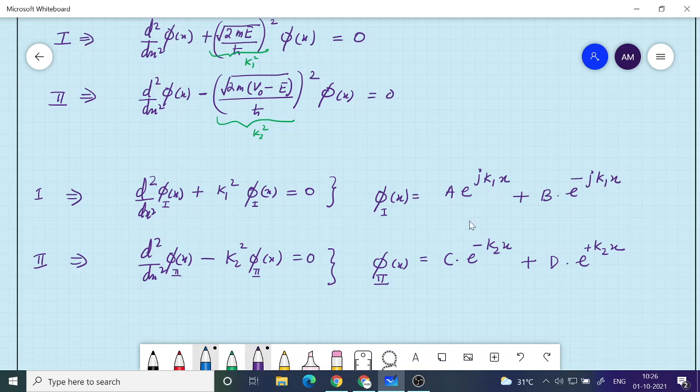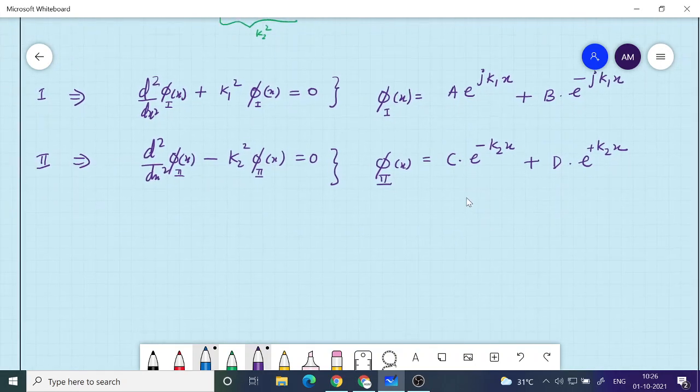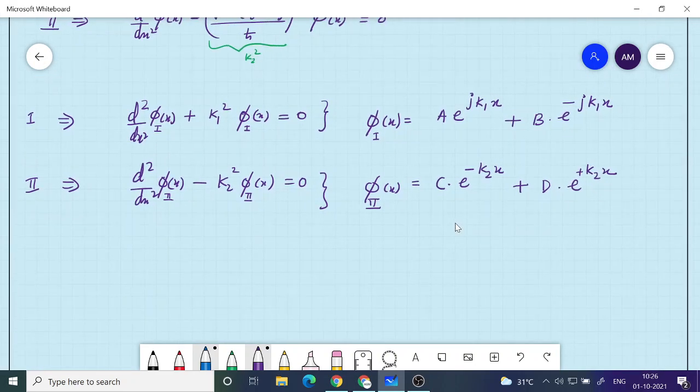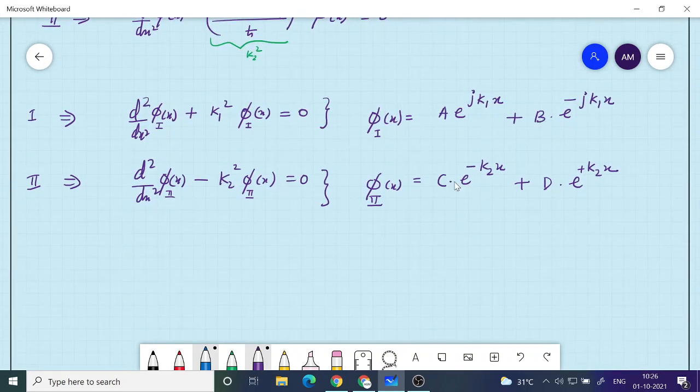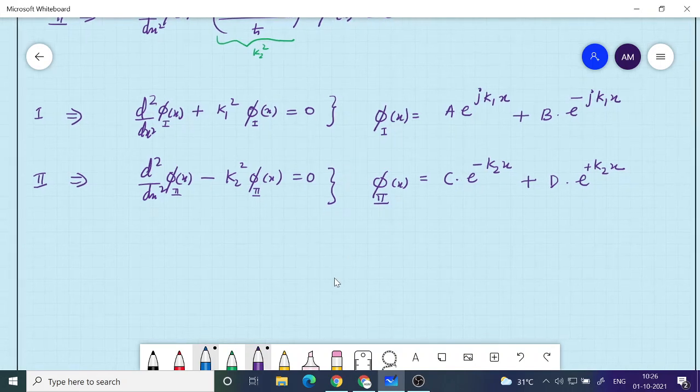So by experience, by seeing the differential equation, you know what its solution is. These are simple, very well known cases. You have already encountered the first case, but the second case I have not mentioned so far, and it is very easy. Just plug in e raised to minus k2 x, take the double differentiation, and you will get e raised to k2 x, right? That will cancel with the e raised to k2 x from here because it has a minus sign. But if it is plus, then you need the j in the exponential.